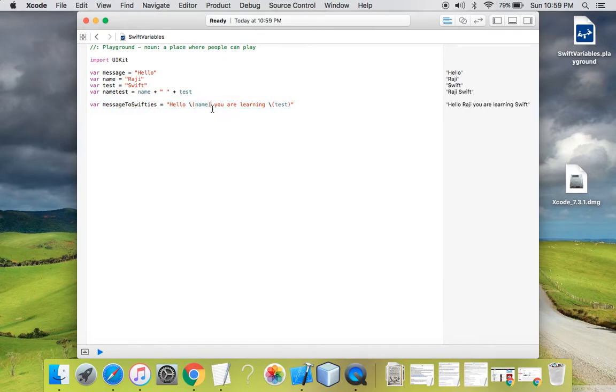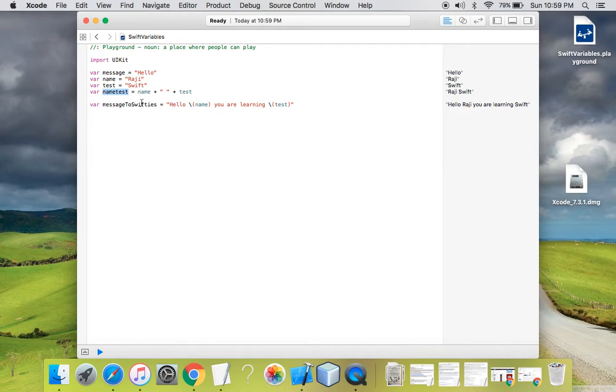String interpolation is a really cool feature which Swift provides. For example, in this particular thing, I have used the plus operator for concatenation: variable name, plus operator, then a space, plus operator, then my second variable name. If I want to add a few more strings to this text, this can only print the name of my first variable and the name of my second variable with a concatenation in between.